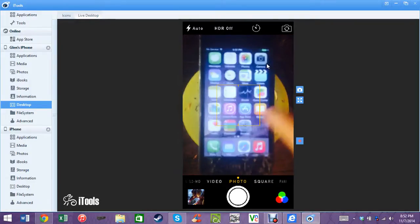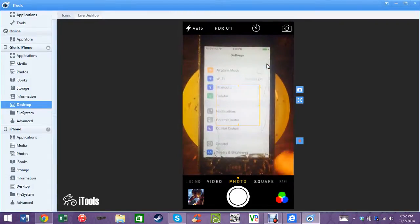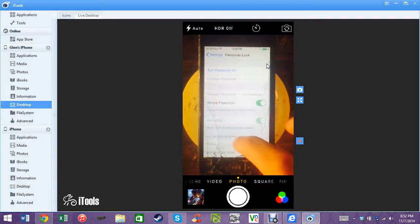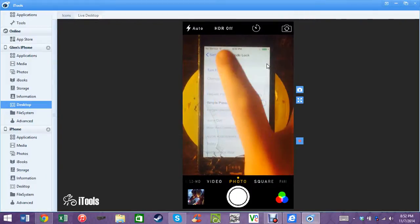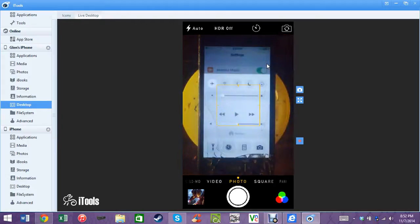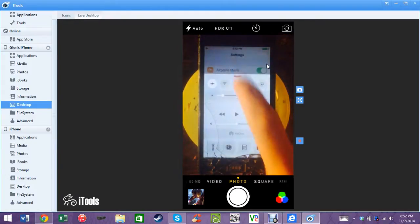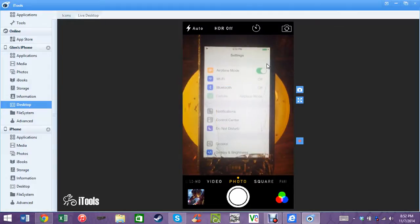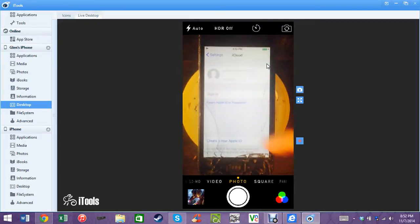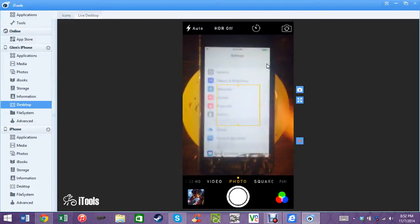Now, for the jailbreak, one of three things. If you have a device with a Touch ID sensor, you need to turn off passcode and turn off the Touch ID sensor. Turn both of those things off, as well as in control settings, turn on airplane mode. You do not want any connections to your phone to have any connections to the outside world. Another thing is, if you didn't decide to restore, if you have iCloud set up on your device, you need to turn off Find My Friends or Find My iPhone, disable it in settings, in the iCloud settings